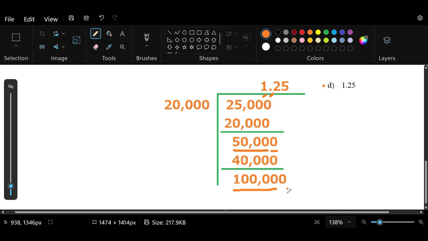We need another 0. And how many 20,000s are there in 100,000? We get 5. That's how we get 1.25. And if we look at the choices, that is in fact letter